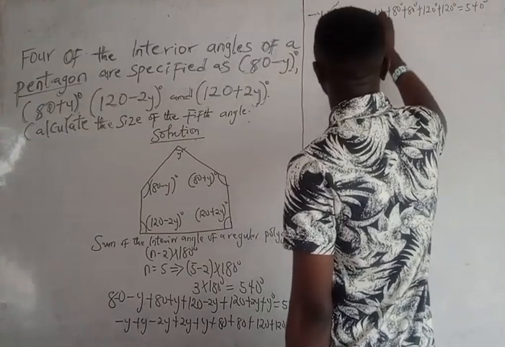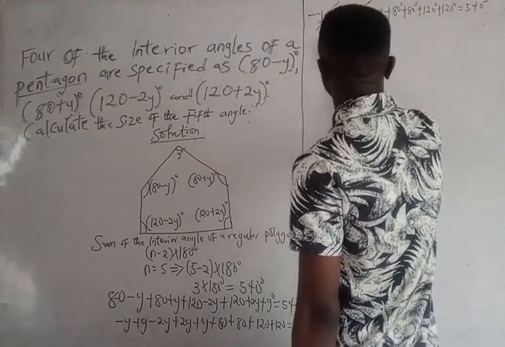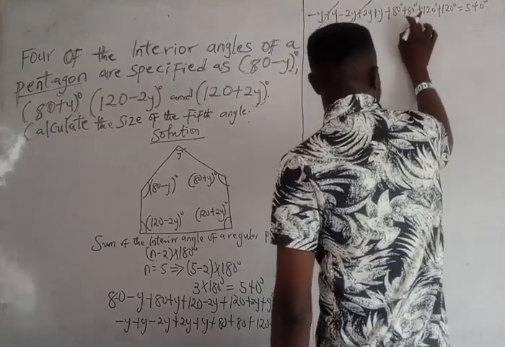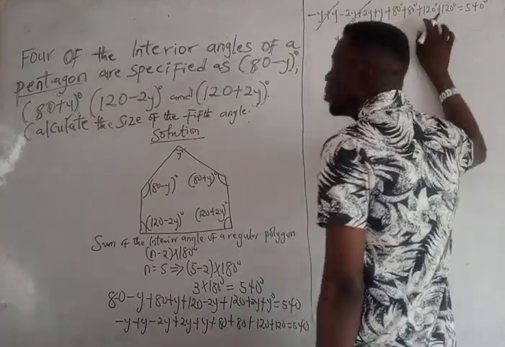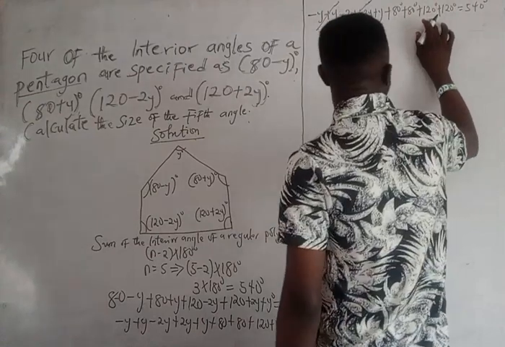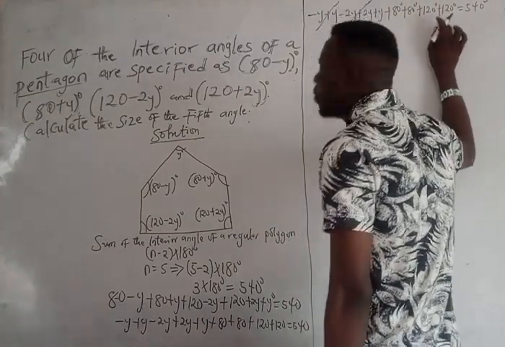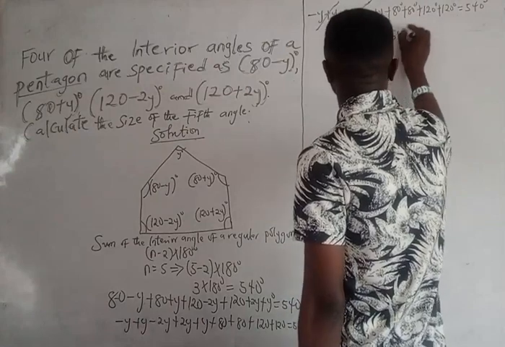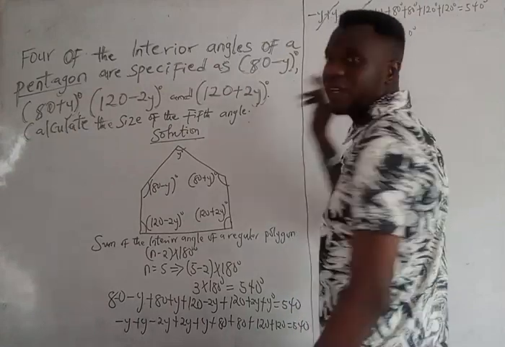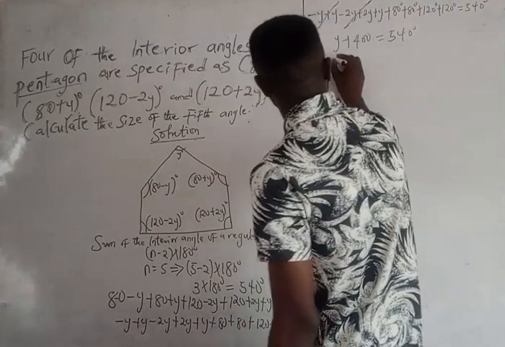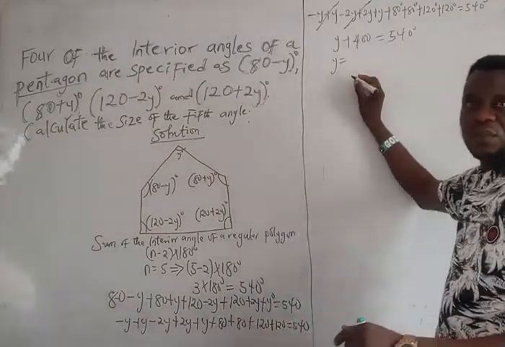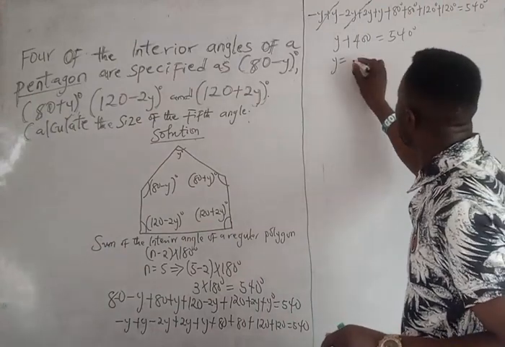So this will cancel this, and this will cancel this. It will remain ordinary y. 80 plus 80 will give us 160. 160 plus 120 will give us 280. 280 plus 120 will give us 400. So y plus 400 equals 540 degrees. Now to get the value of y, we have to say y equals